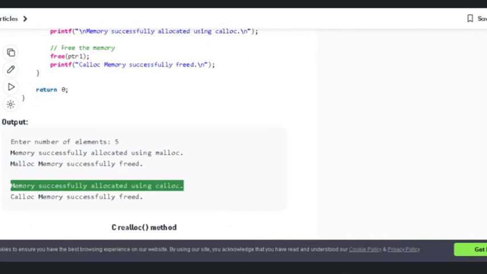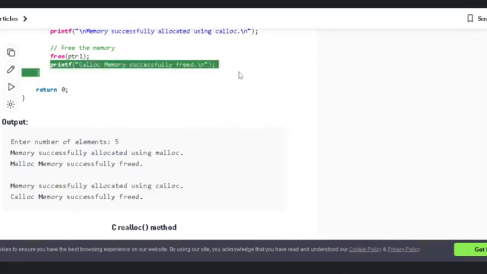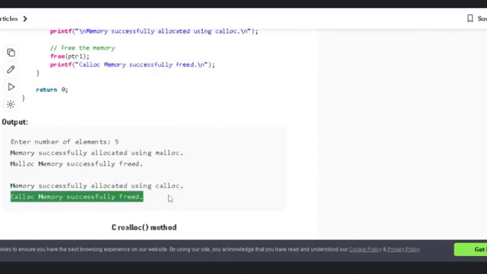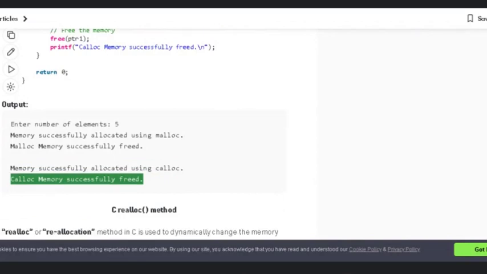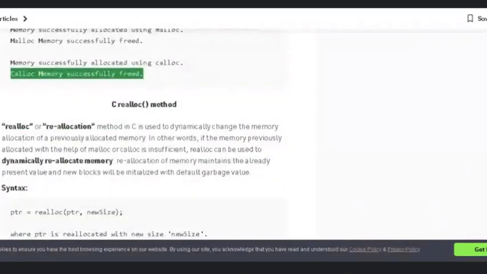Free ptr1 is used, and then this printf statement will get executed, that is calloc memory successfully freed, right? So that is how the free function works. It will deallocate all the dynamically allocated memory when the function is used upon the pointer variable, which is pointing to the first address of the allocated memory, right?